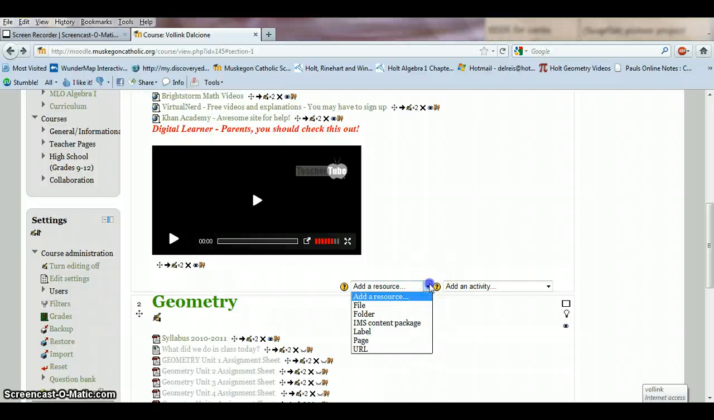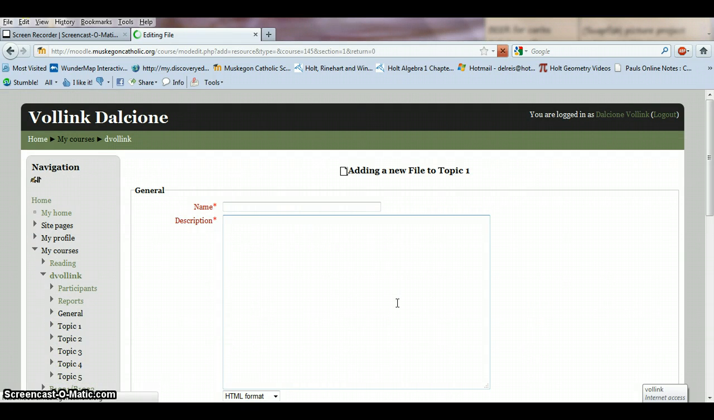Now, if you notice, when you add a resource, these used to have different names last time. It was like add a directory, add a web page, and so on. Now they're a little bit different. If you want to upload a PDF, or let's say your syllabus, you want to add a file. Okay, so I'm going to show you how to add a file. So you click resource, add a file, give it a name,